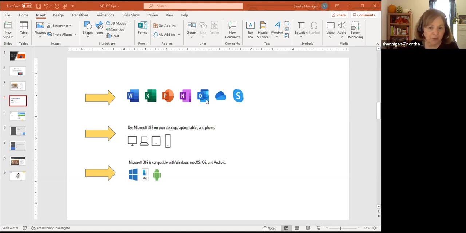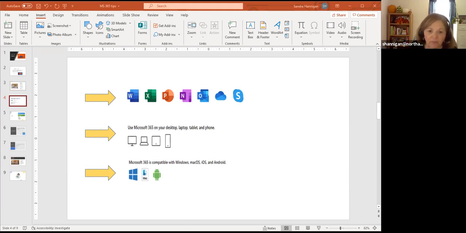I'm sure you're all familiar with Outlook, because we use Outlook now, and now our students are on Outlook. So that makes it even better to use Microsoft 365 Cloud. And if you remember Skype, I don't use it anymore. Many years ago I did, but Skype belongs to Microsoft. So you can also get a free Skype account